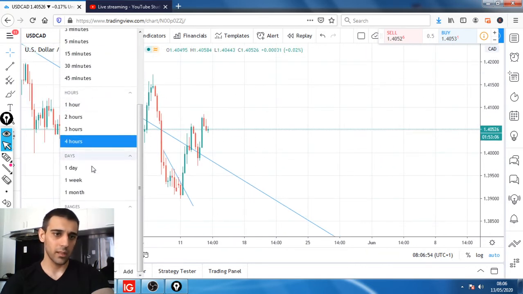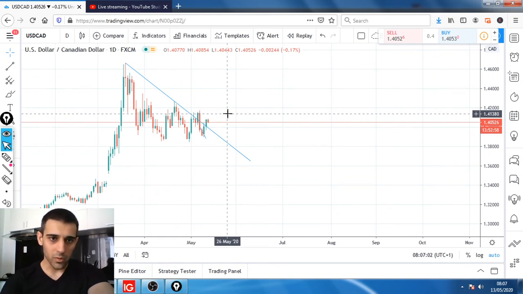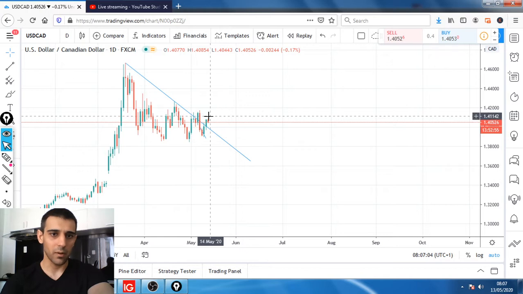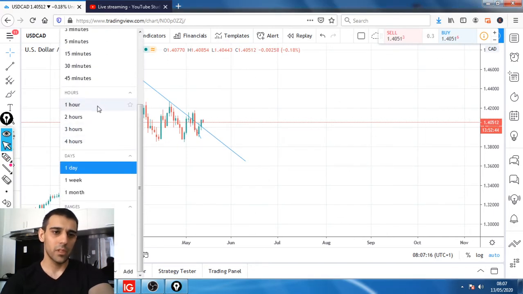I was looking for the target, I think on the daily time frame. Let's look at the daily time frame. Yeah, the target was up to this 140. Can't remember exactly, but probably it was 141.40, so roughly about this level. So now the price came up to this resistance level up here, and now it's having a reaction. So that would be good potential to go long again.